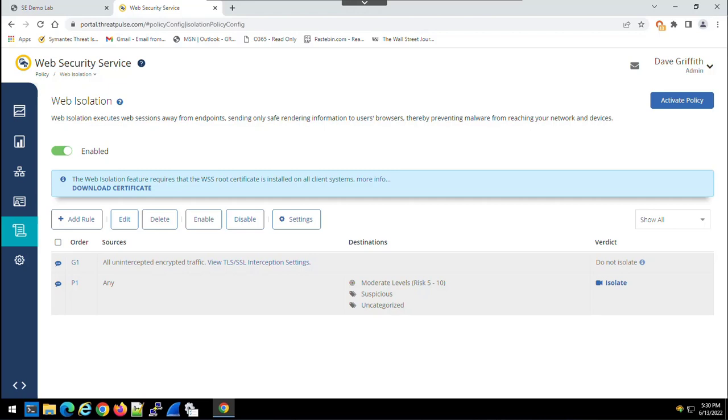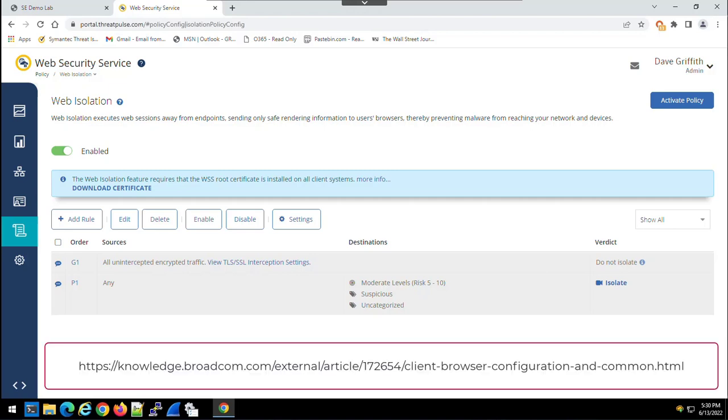We actually have a knowledge base article on this, so you'll have to go and configure that. I'll pop the link up on the screen here so you can view that article. Essentially, we need to make sure that our user browsers can access the cookies, that local storage is not being blocked by the browser, and that it has access to a shared domain.